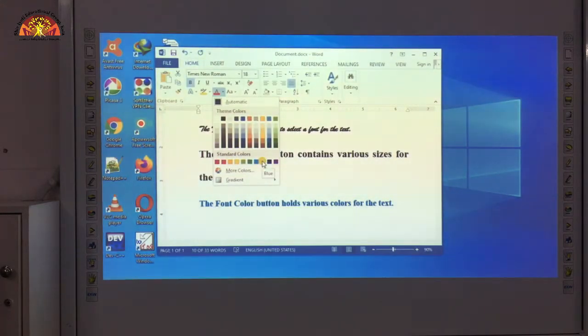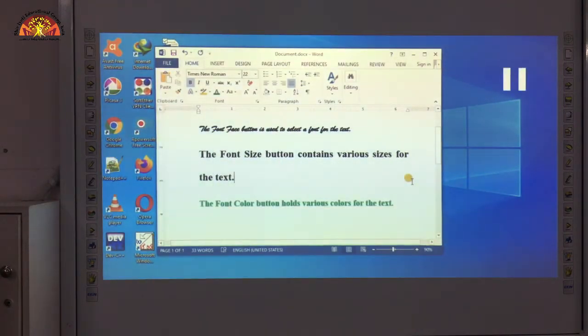Okay, here you can choose any color for your text. I have chosen green here. Okay, here you can see, student, the font color, or we can say text color, has been changed with the new color.